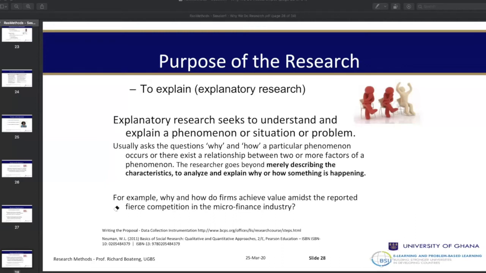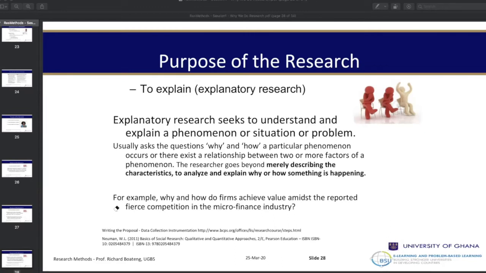So whenever you are doing research, you know that there is descriptive research, explanatory research, and then exploratory research. When it is a phenomenon that we don't have much knowledge about, and we are not gaining insight, we usually do exploratory. Some students ask, can somebody do all the three in one study? It can only be possible if you have a longitudinal approach to the study. For example, somebody is doing a PhD. He has 4 years to do the PhD. The first year, he does the exploratory aspect of it. The second year, he does the descriptive aspect of it. And the last year, he does the explanatory aspect of it.